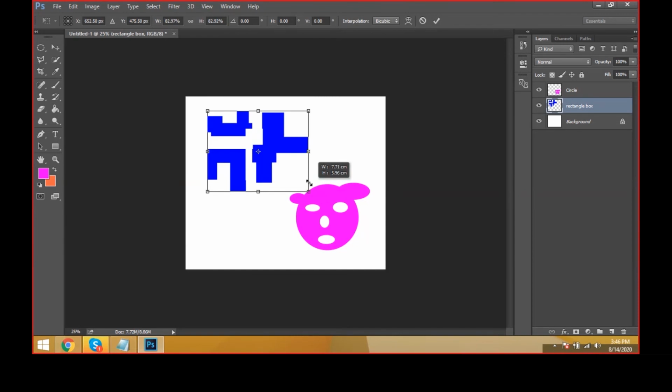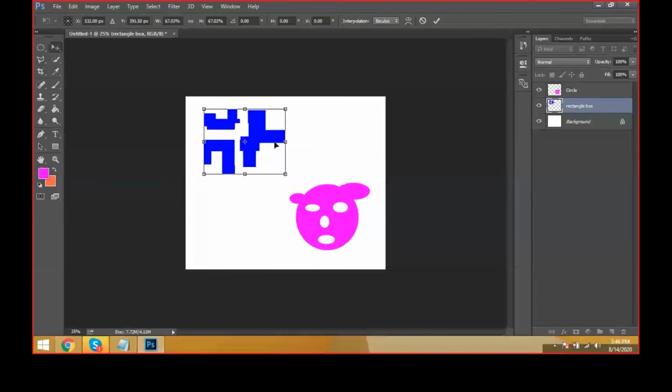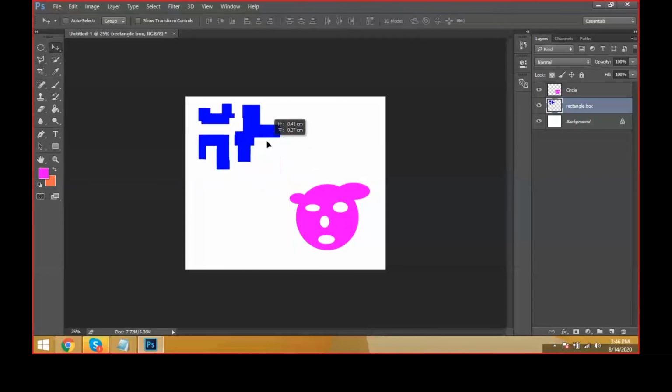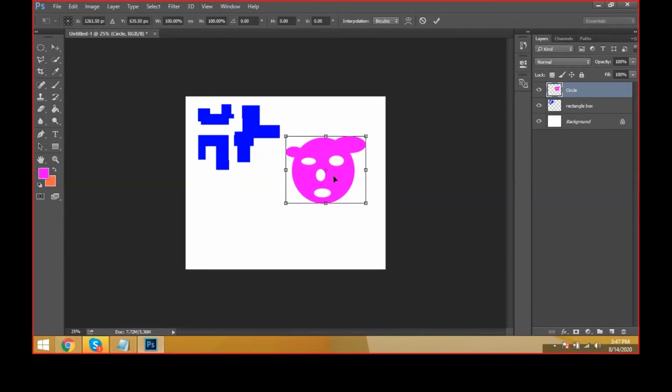Then you can see the proportional scaling. Come to here and click it here and double click. Then automatically the transform we have taken will be applied. The same thing, you can select the circle layer, Control T transform. Don't use any sides.